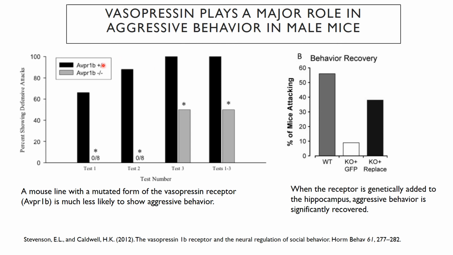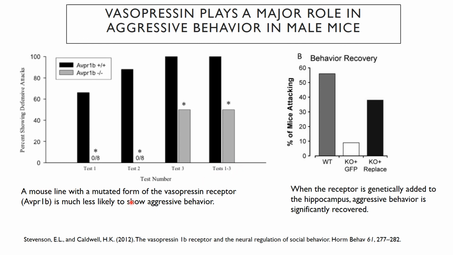So we have two mice here, one that is wild type, that's what the ++ means, and we have another mouse that has a mutation in one of the vasopressin receptors. So this is the 1B version of the vasopressin receptor. And so it's minus, they're mutants. Then they look to see how many defensive attacks they show in various tests. I don't remember the details of the test, but it's like an increasing scale of the kinds of tests. They did 3 different tests, and then they looked at the combination of them.